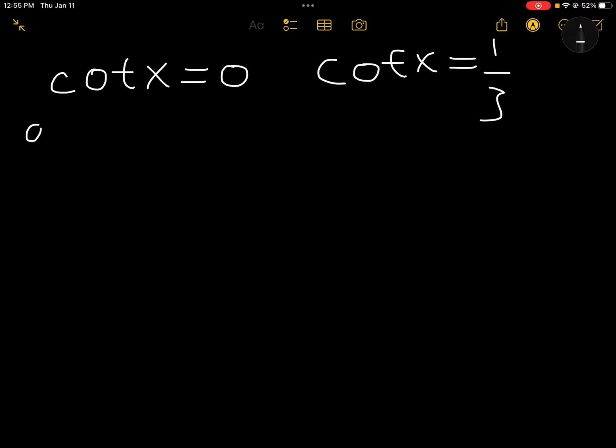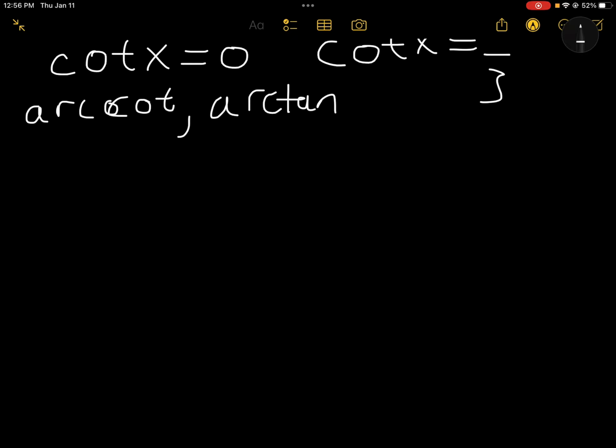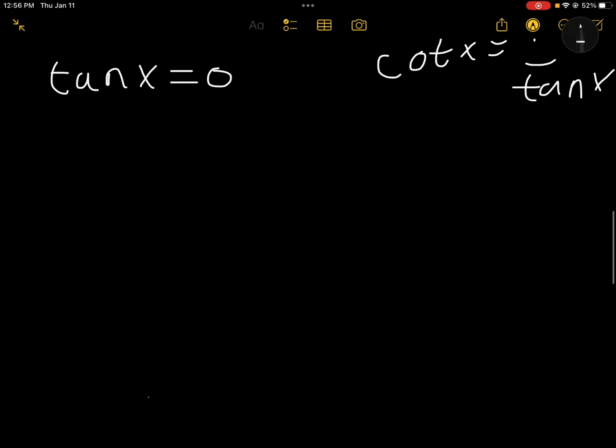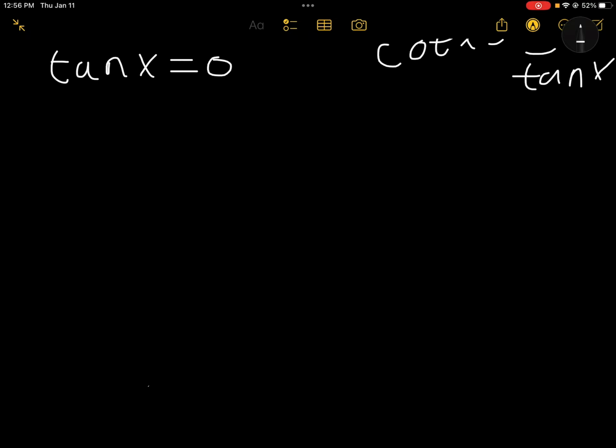I can take the arc cotangent, which I don't think your calculators have, or you could just take arctan. Now if you take arctan, you have to rewrite this in terms of tan, and remember, cotangent of x equals 1 over tan of x, right? So we'll do tan of x equals 0, and when does tan of x equal 0, right? Let's draw a quick graph. It'll look something like this,